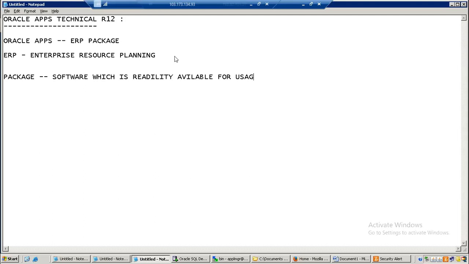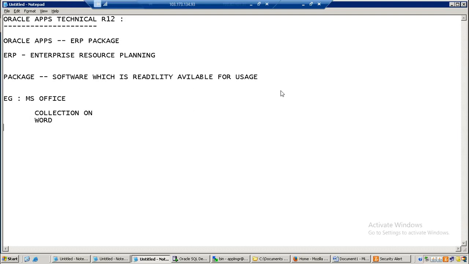What is a package? A package means software which is readily available for usage. For example, we have MS Office. What is in MS Office? We will have a collection of